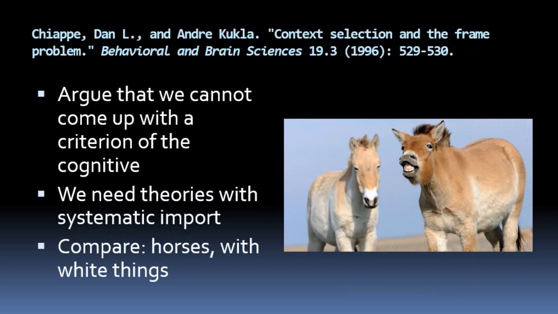They argue that we're never going to be able to come up with what they call a criterion for the cognitive, and that's related to the stuff about paradigms. So a paradigm would give you a criterion for what counts as cognition, a criterion of the cognitive. And they say that we're never going to do it because the mind is more like white things than horses. Okay, so